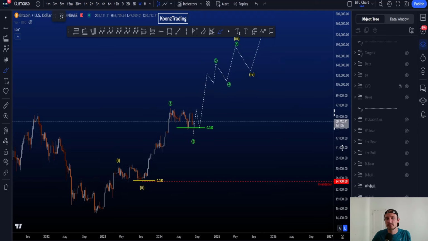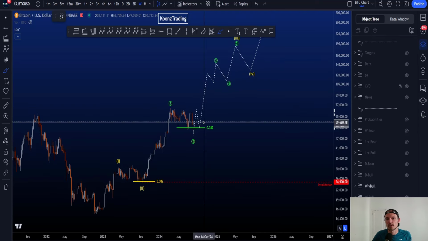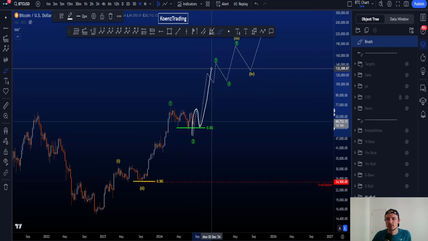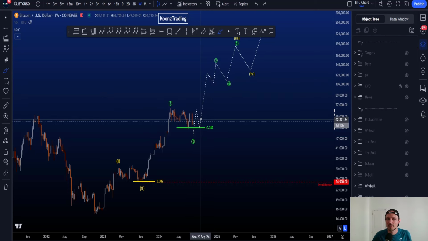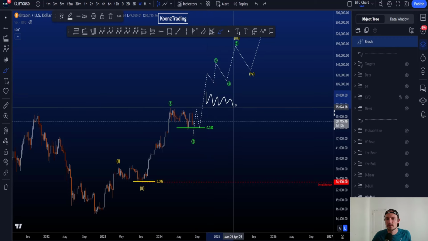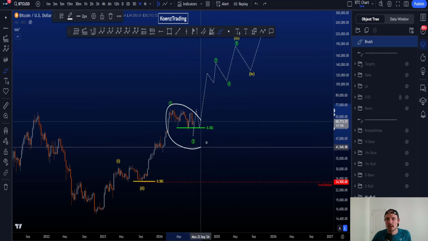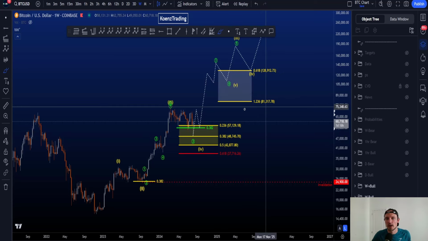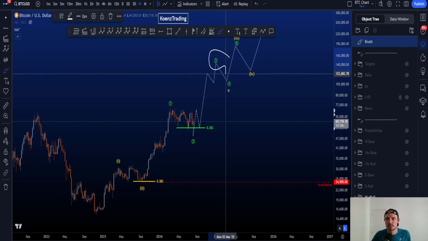But what we want to see in this particular scenario is only short ranges towards the upside. So we want to see a wave 1, a wave 2 locally, and then we want to see a big push to the upside in a wave 3. And inside that wave 3, we don't want to see very long sideways big ranges like this one over here. We want to easily move past the target area for your wave 5 to finish your wave 3, start 4,